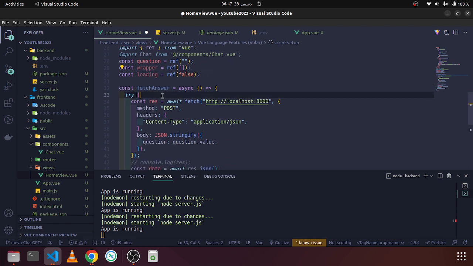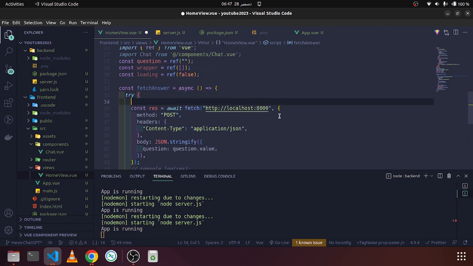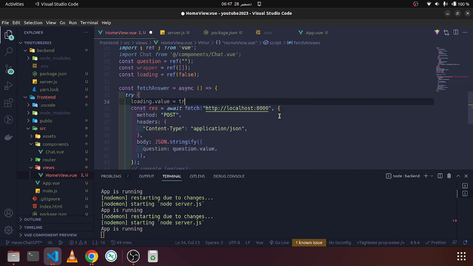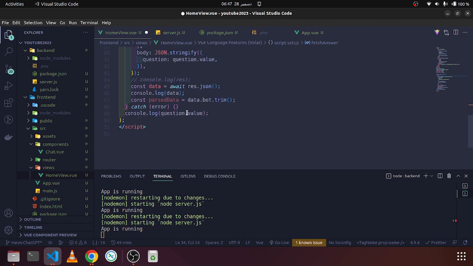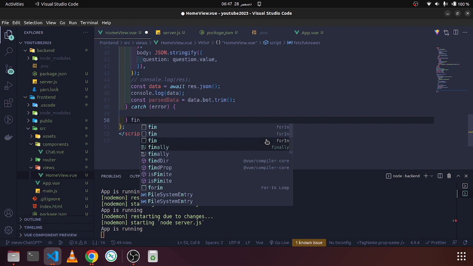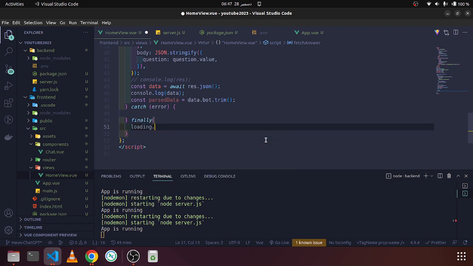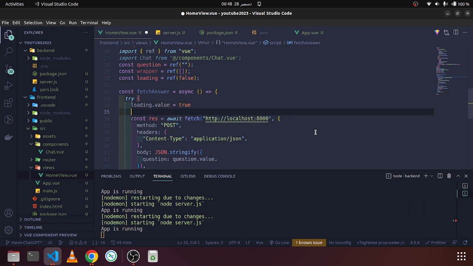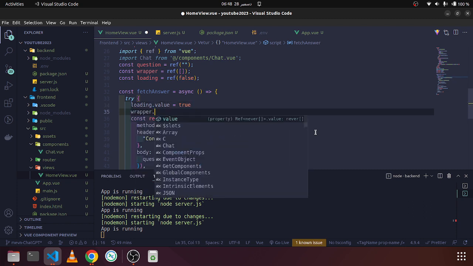Before sending the request, I should say loading.value should be true, and after the whole process, I should say finally, and loading.value should be false again. So between that I should say wrapper.push